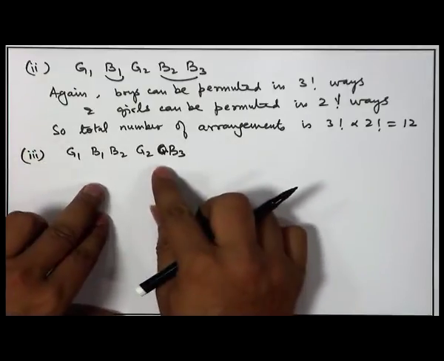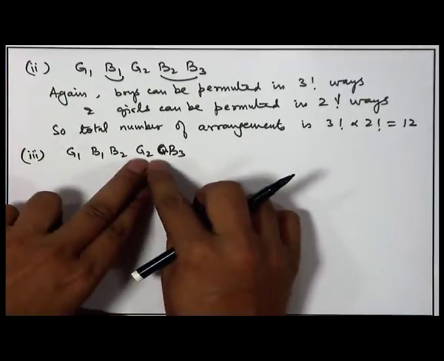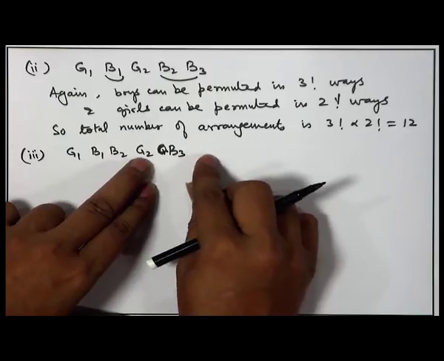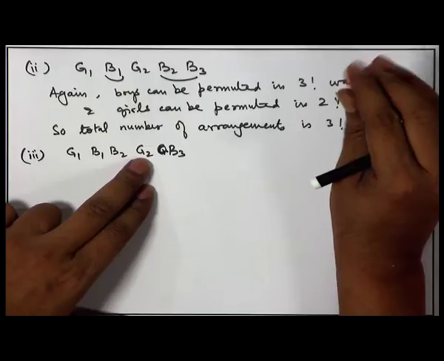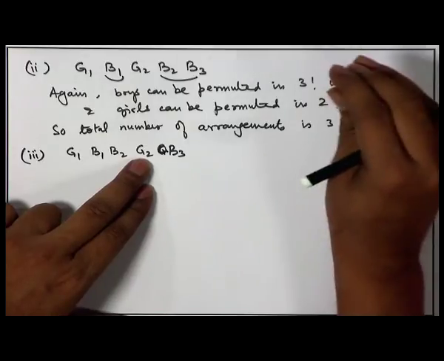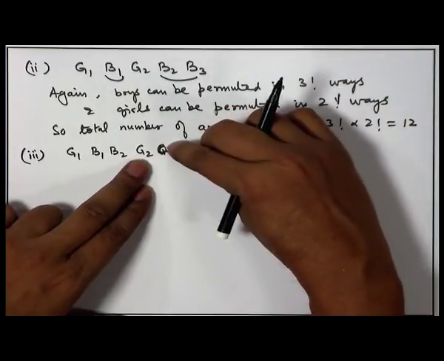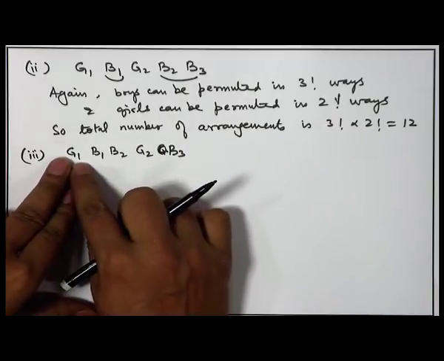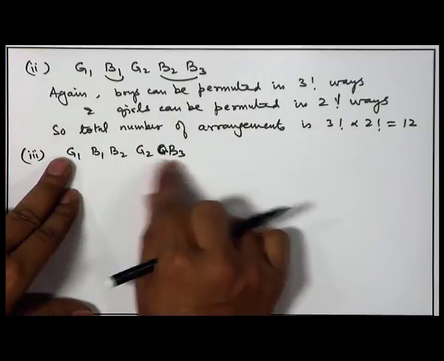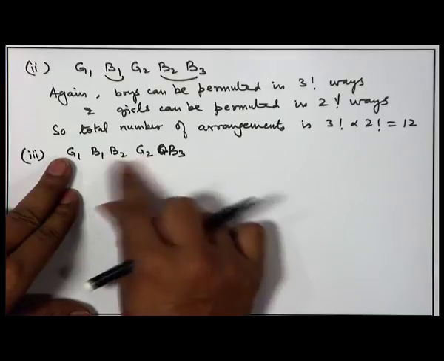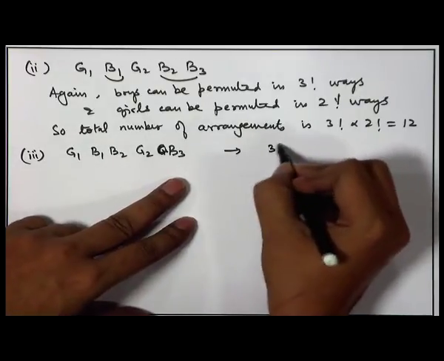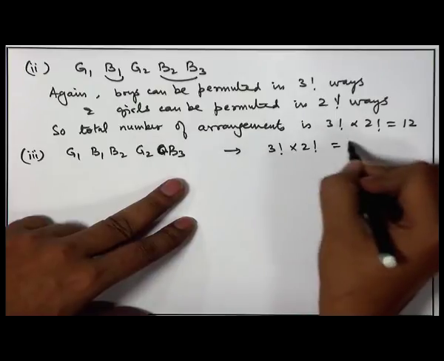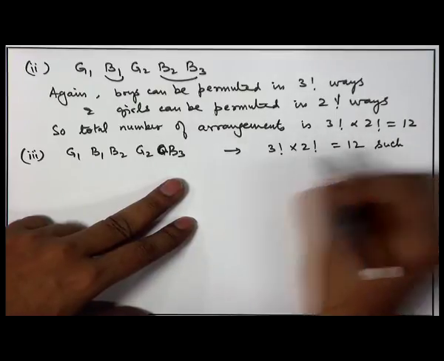Again, let us look at this. Ahead of this first girl there is a boy and no girl ahead of her. So, the condition that the number of boys is at least one more than the number of girls ahead of her is satisfied. With respect to G1 the condition is certainly satisfied, because only one girl is ahead and all 3 boys are ahead. And again you have 3 factorial into 2 factorial, that is 12 such arrangements.